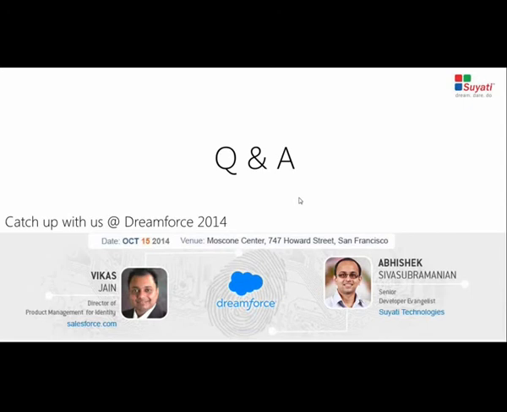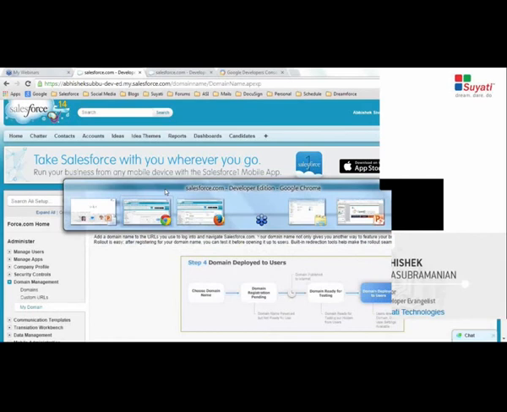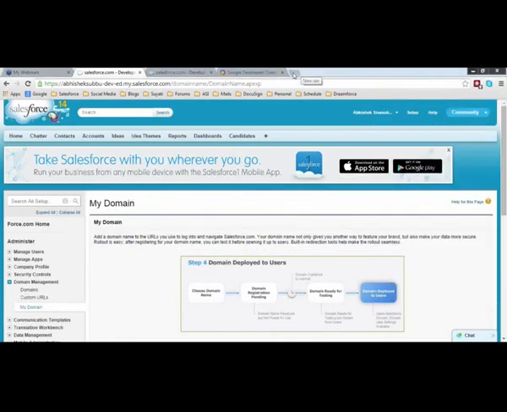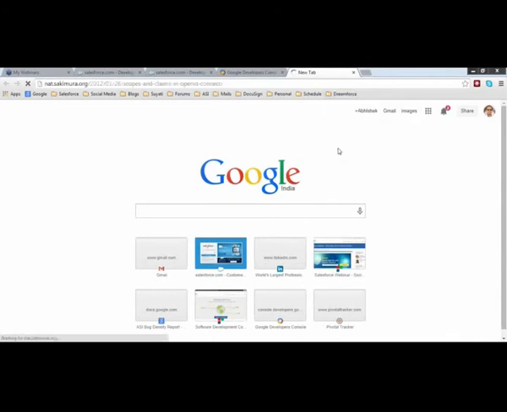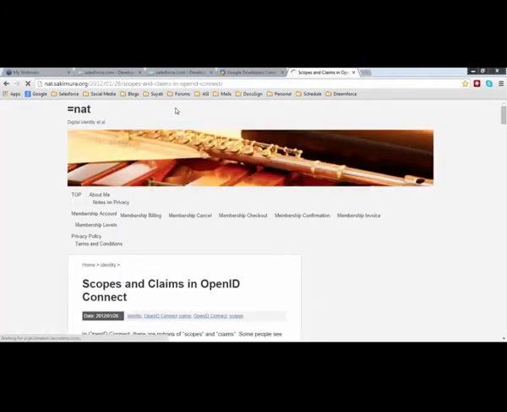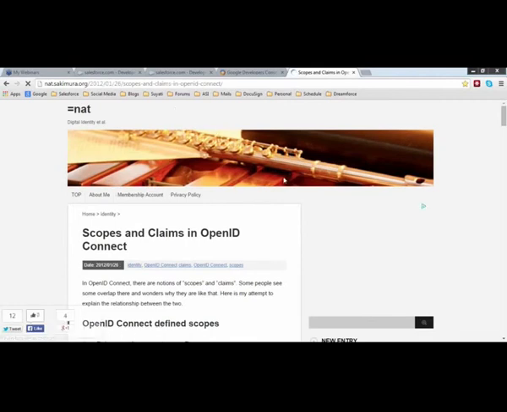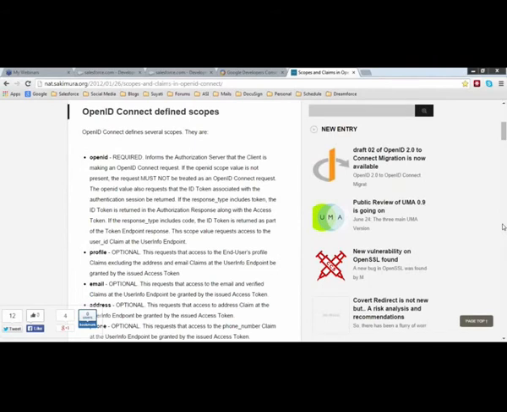Our last question of the day. What are the scopes supported by OpenID Connect providers? Maybe I can switch the browser and show you the default scopes that you can use. This is the site that I was talking about, nat.sakimura.org. Here I have found that you can use openid as a default scope, which we were using in our demo.